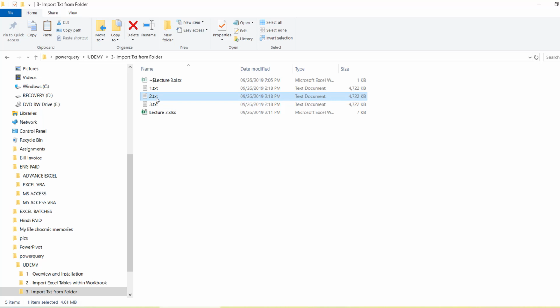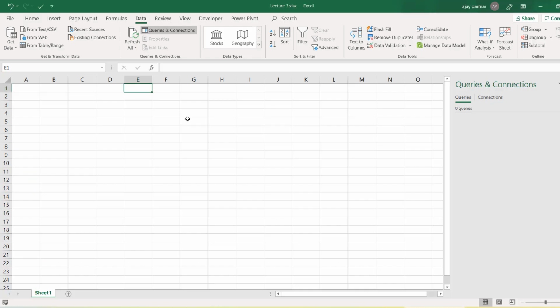Now the first thing I want to tell you is how to import this single file, and then we will see whether it is also going to impact our Excel in terms of the size of the file, because in Excel, if we store big data, then that starts hanging. Okay, so Power Query is a great tool. I'm sure it will help us in reducing the file size also. So without wasting time, I want to show you how we can